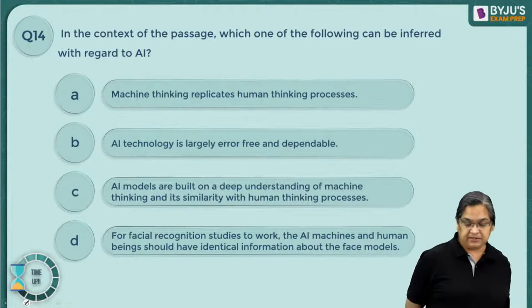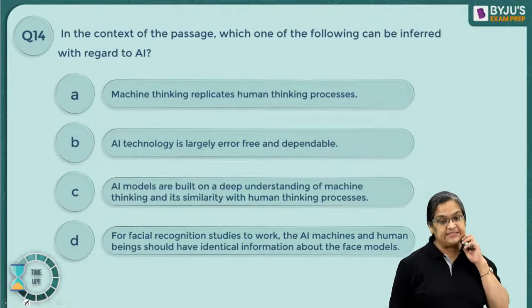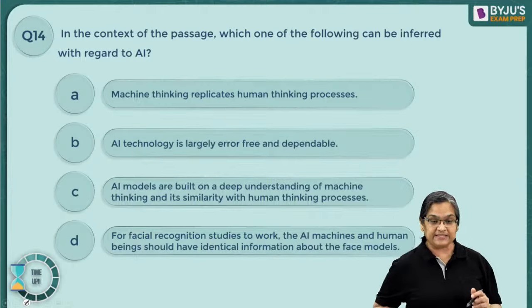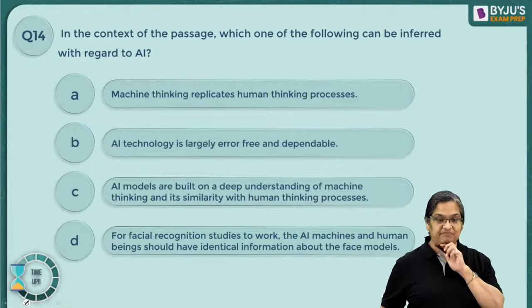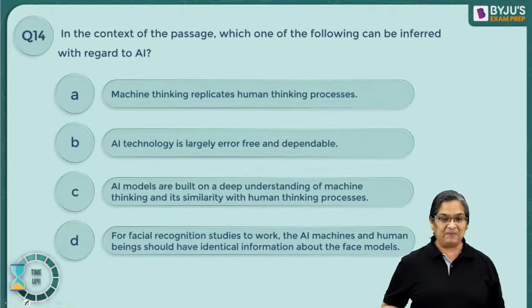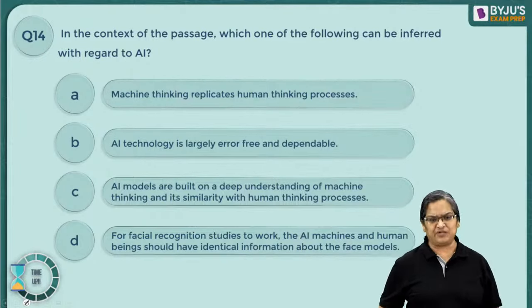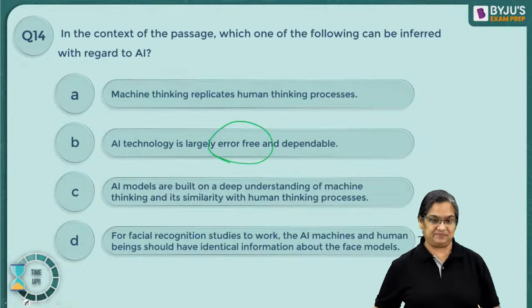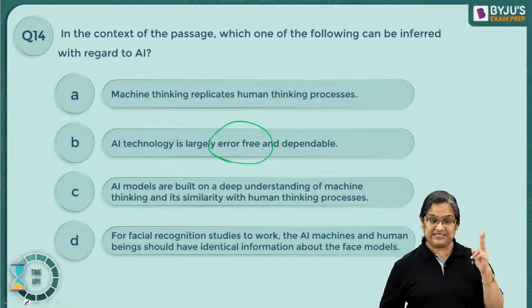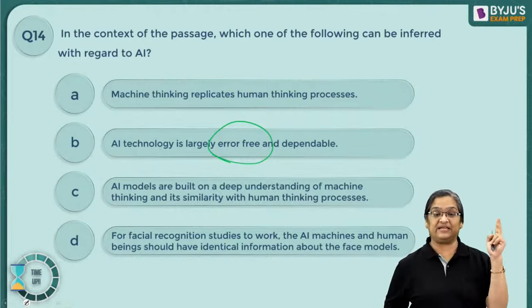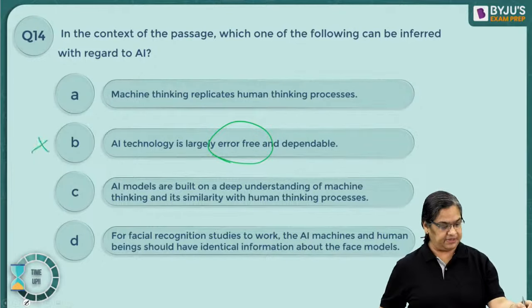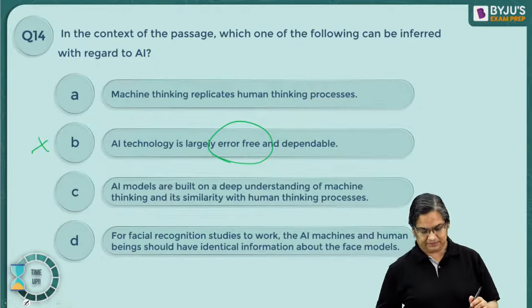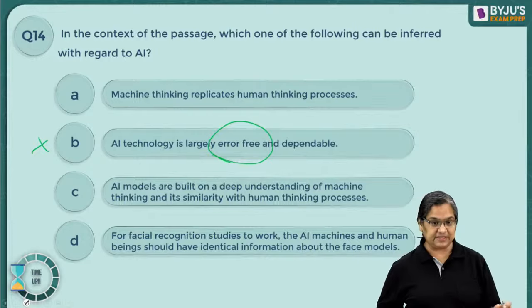B and C are the most common answers. Why? Okay, they are the closest ones. A 50-50 option, okay? Between B and C, one of them is correct. Which one do you think it is? Did he say this? Twice he has said it makes a lot of errors. Second, he says it's unpredictable. Therefore, it cannot be B. Right? Answer is,